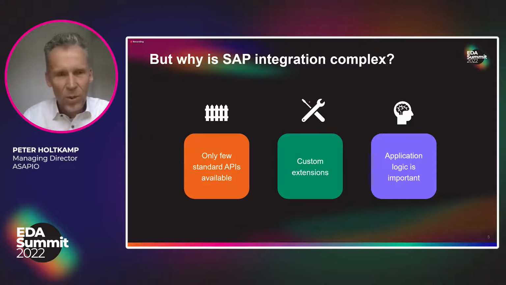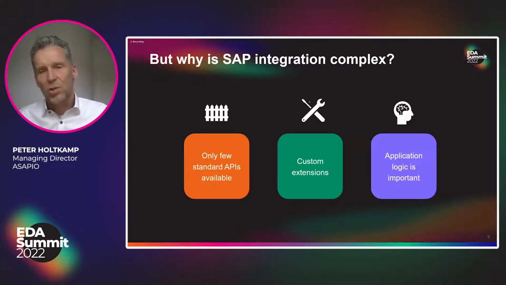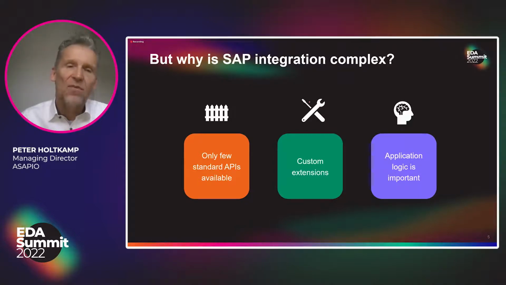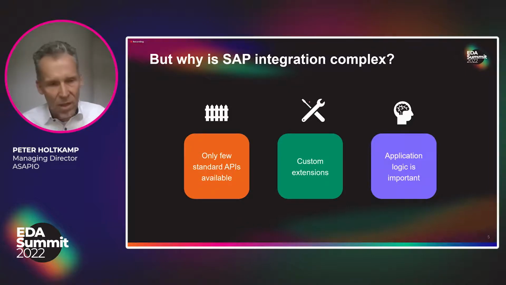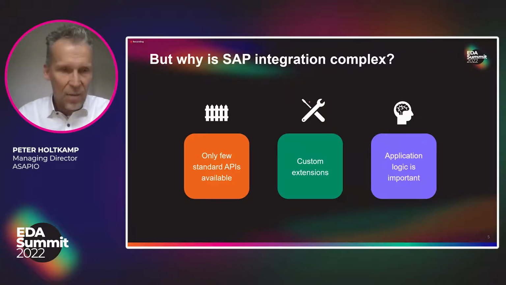First of all, when you want to connect to an SAP system, the number of standard APIs is fairly limited. They are there, but they are there in a way as SAP has thought of them in a best use case, not built for purpose. So you have your use case on the external server, and then you have to see what might be the best fit among the existing APIs. Then you have to customize that API with custom coding, custom logic, and that can be really complicated. Or even worse, there's no API for your use case, and you have to build that API from scratch. Then you have to see how that API implementation approach fits into your overall operational infrastructure.